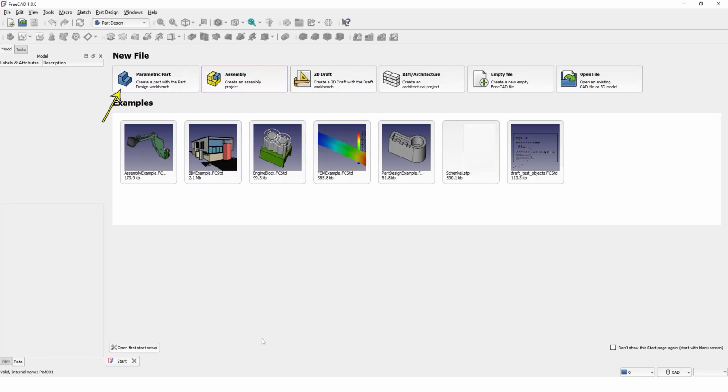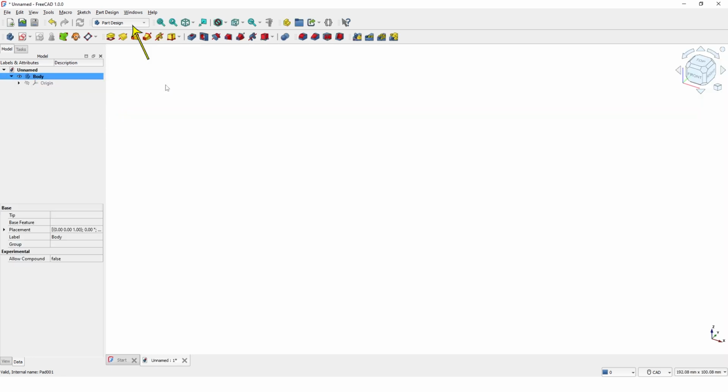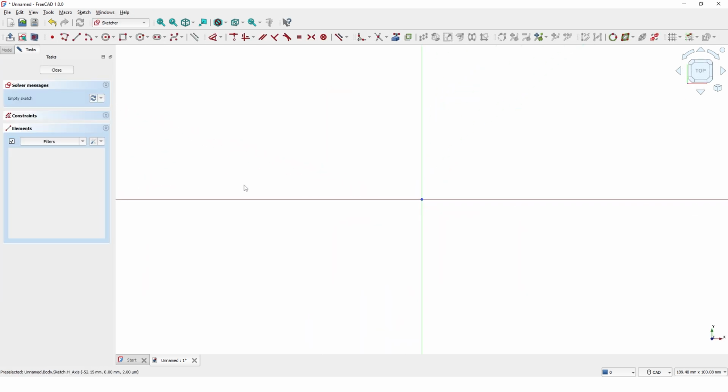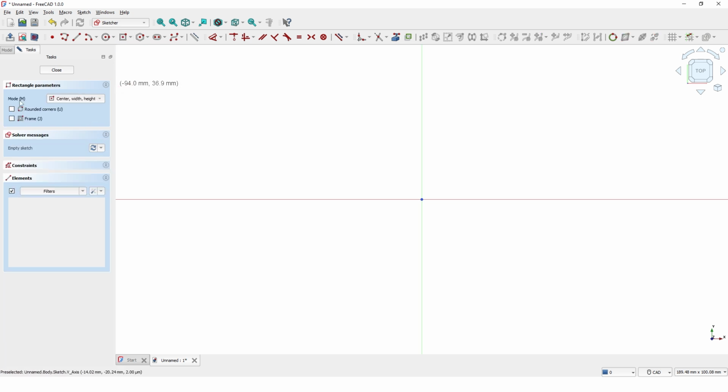Let's get started. I am going to pick parametric part template, and I am on Part Design Workbench. Click on Create Sketch command and pick XY plane. Pick Centered Rectangle command from this drop-down menu and check this Rounded Corners option and click at the origin to